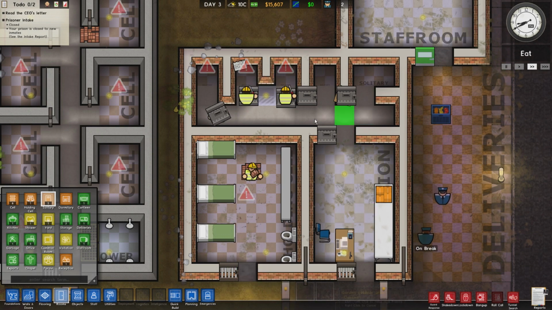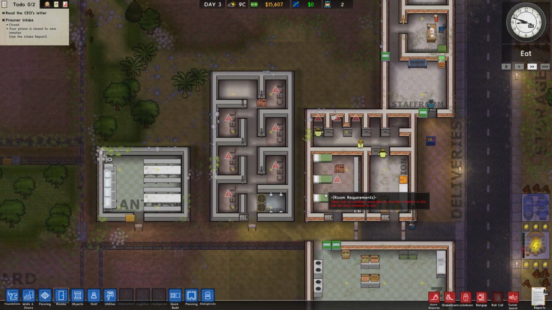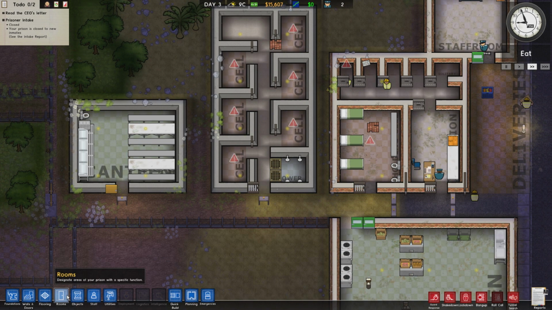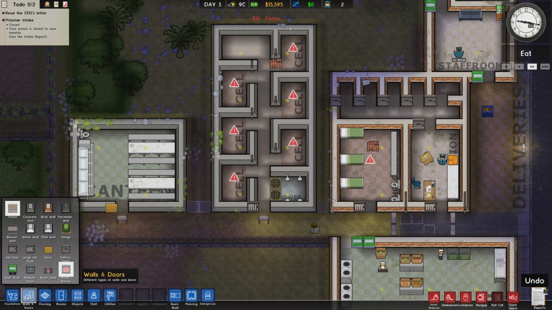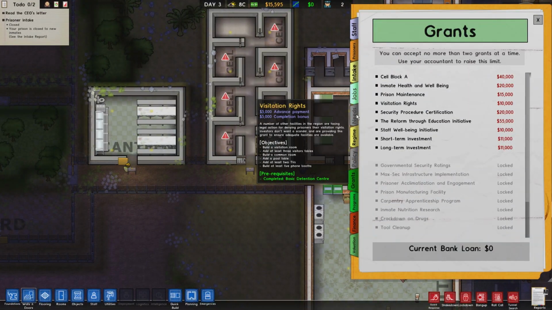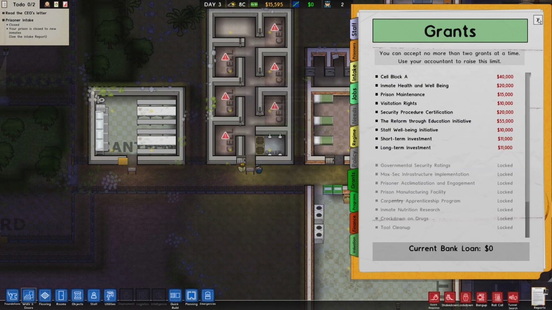So they have to go through the reception to get into solitary, which is fine by me. Okay, so we've got the cell, and to stop people wandering around too much, what I can do is put a bit of fence work in just there, there, and there, and they will stop being moved around. And we have fulfilled the first couple of requirements for our grants, and I think we're fairly much ready